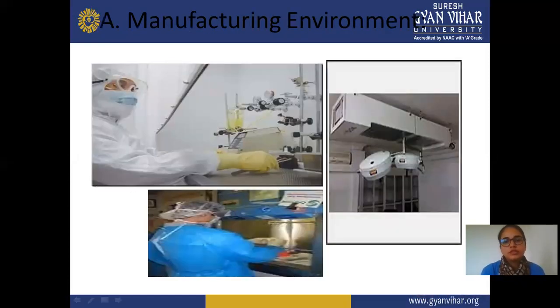This is the industrial construction where you should be completely covered: wear gloves, mask, and gown, so that there are fewer chances of contamination. Personnel flow is also restricted. Only the required persons responsible for manufacturing are present in that particular plant area, and he or she follows the complete instructions for manufacturing of ophthalmic preparation. He wears a gown, gloves, shoes, and mask when working in that particular area.